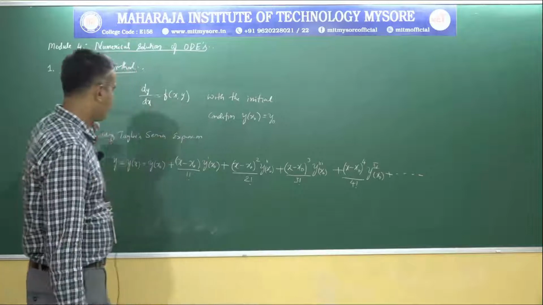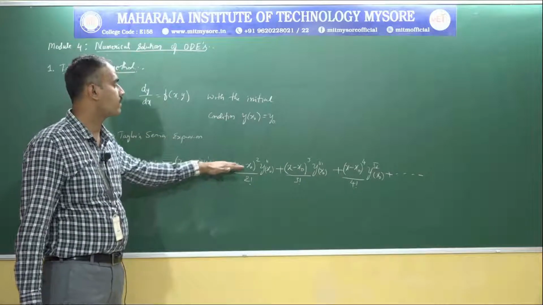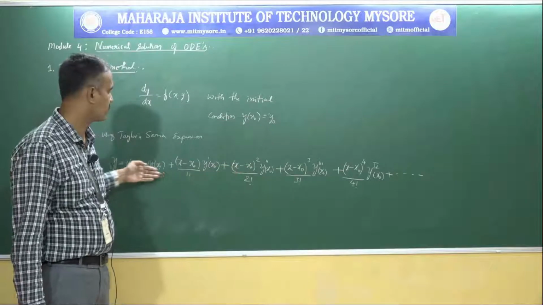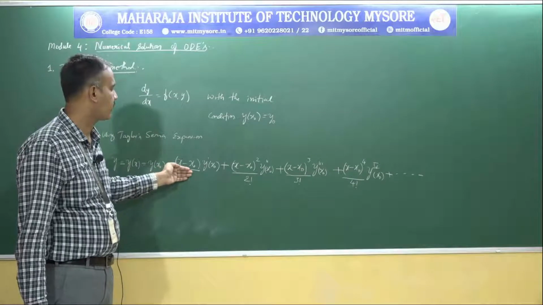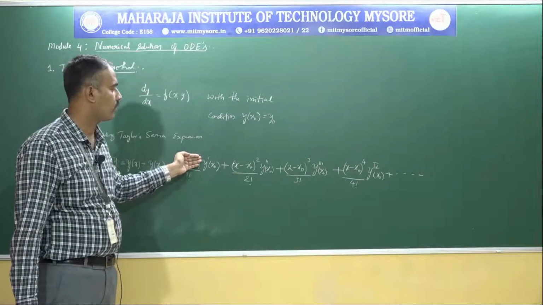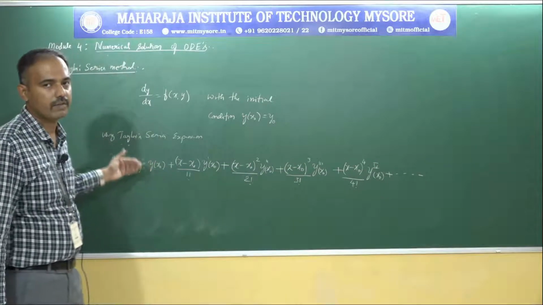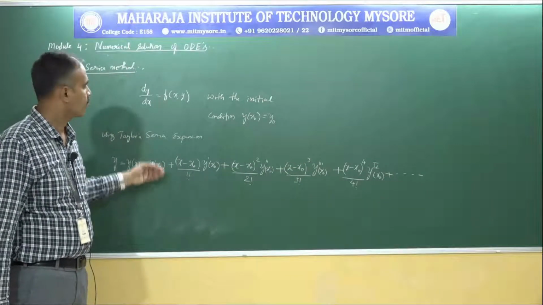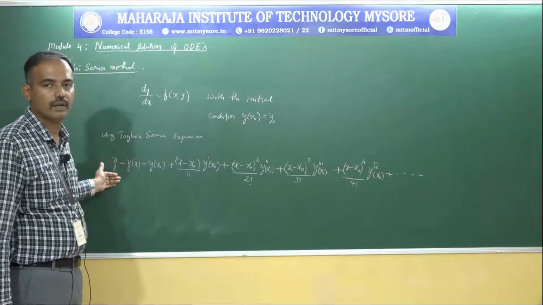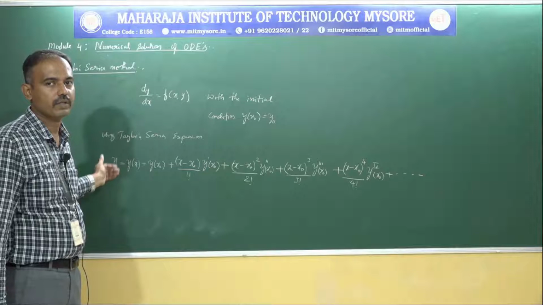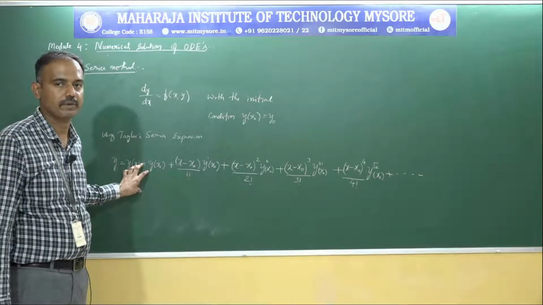Okay, now what about here? Here, with the help of power series expansion of x minus x naught. Now you just check in the particular RHS expansion here: the power series expansion of (x minus x naught) whole power 1, whole power 2, whole power 3, whole power 4. With the help of the power series expansion, now we can find the solution of the equations here. We can find out the y value at the particular x point. That will be the important thing here.